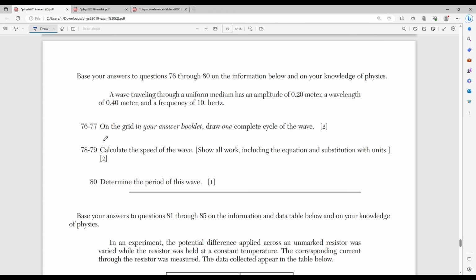it's saying that a wave traveling through a uniform medium has an amplitude of 0.2 meters, and a wavelength of 0.4 meters and a frequency of 10 hertz. So on a grid, complete one cycle of the wave. So really all you need to do is just graph this. We know that it has an amplitude of 20 meters,